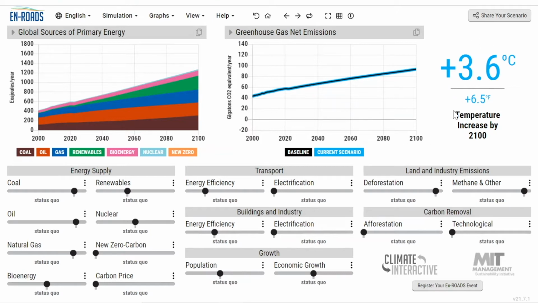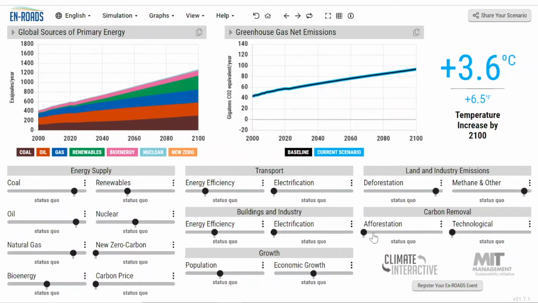This is our average global temperature by the end of the century, given that middle of the road scenario. Now, the experts tell us we need to keep that number under 1.5 degrees C if we wish to avoid tipping points and the worst effects of climate change. So let's look at these levers below and get a sense of some different measures that we can take.